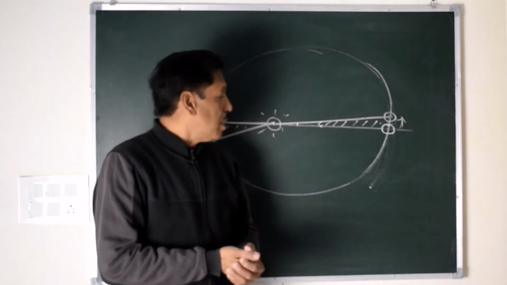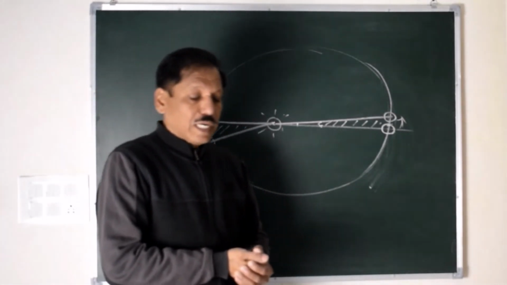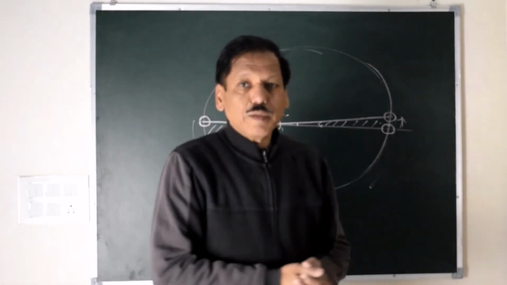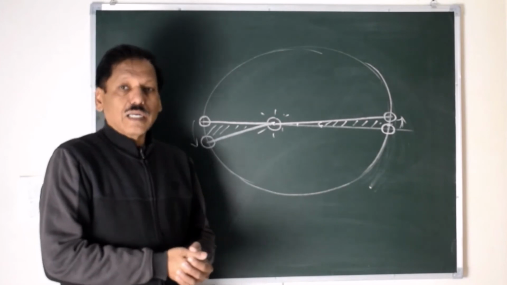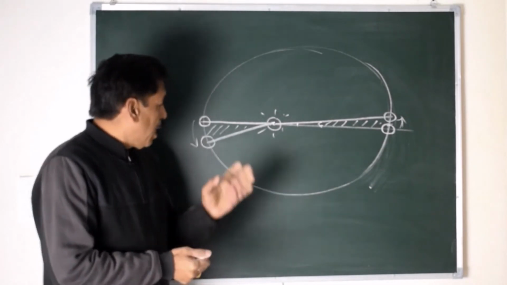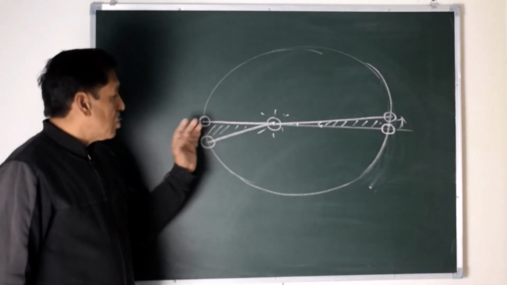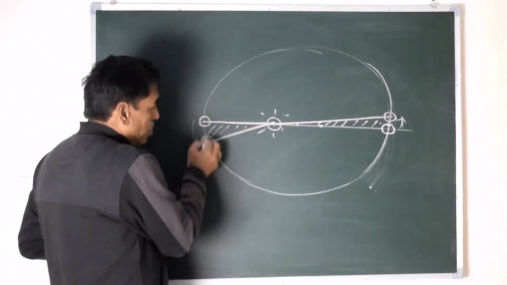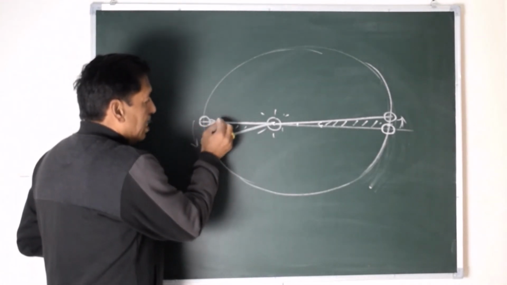This is Kepler's second law. Now, how do we believe that this law is also correct? And what would be the implication? The implications are evident, and the result is the solar day. Solar day means, suppose we are talking about one day from here to here. Solar day means